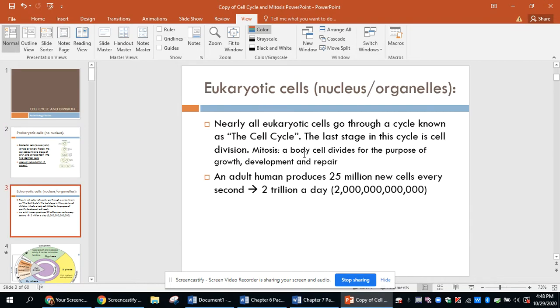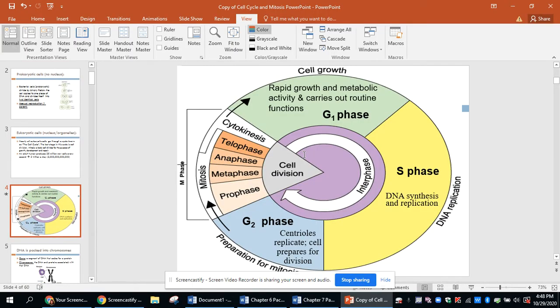If there is a nucleus, like in eukaryotic cells, it's a lot more complicated. And so you can see here, because of the nucleus and other organelles, we're going to go through a lot of different steps to be able to make a new cell. We have to first get ready for it. Then we have to make copies of the DNA. Then we have to make copies of the nucleus. And finally, we can make copies of the cell itself.